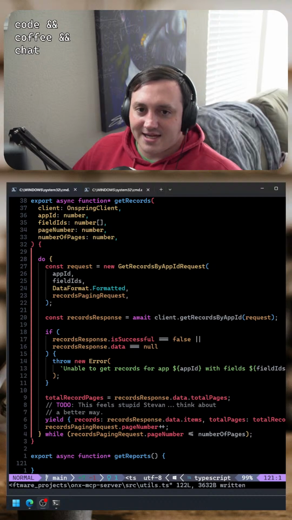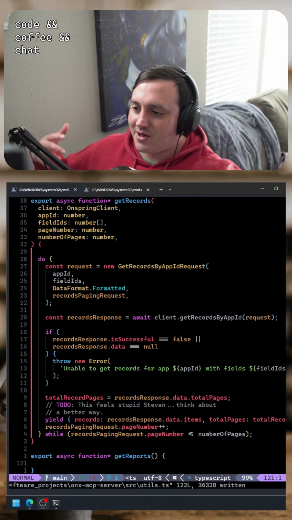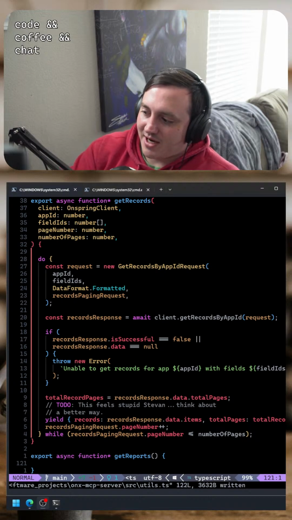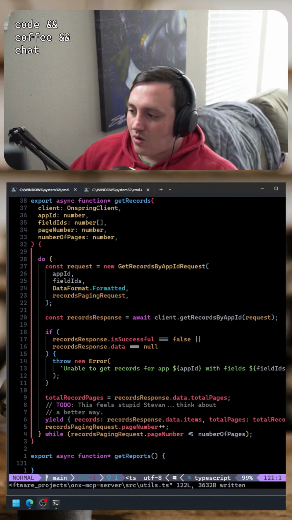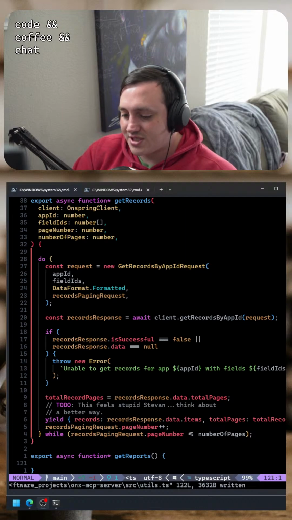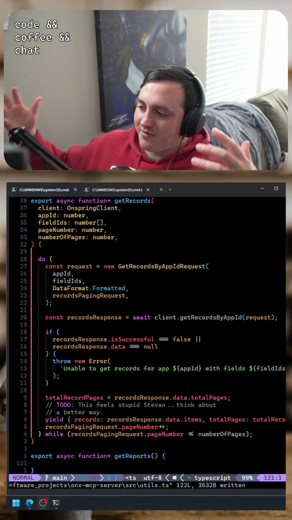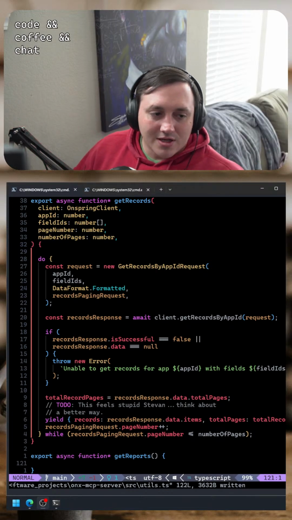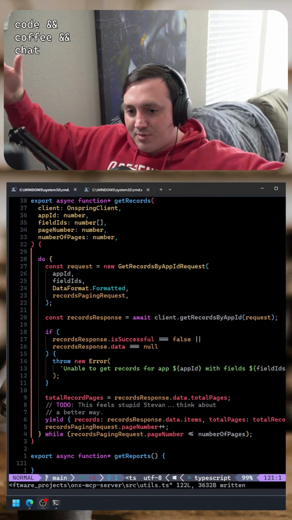So I see why it's gaining ground and why it's becoming popular. It's going to save people a lot of time, right? If you want to think of tools as the hands and the arms of these LLMs, of these agents that people want to build, you can just write them once and then expose them to all the clients.